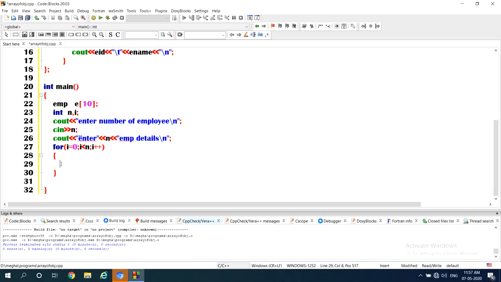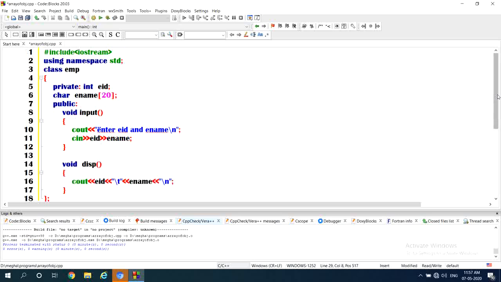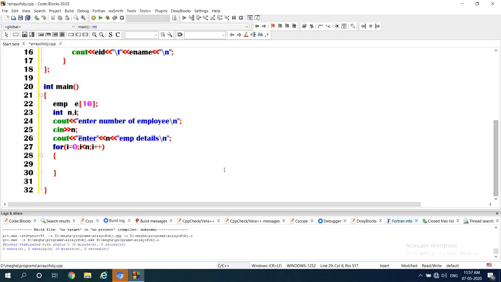Every time we have to call the input function, because we have defined a function. What is the purpose of the input function? To input values for the data members. Which object is calling this function, to that object the values are input. Now E of i dot input, semicolon.